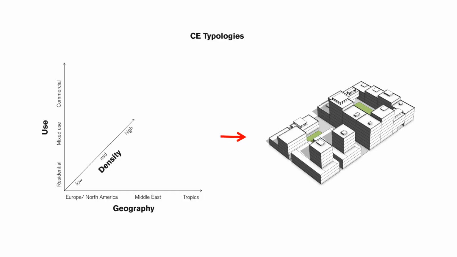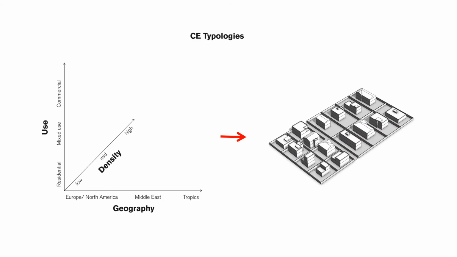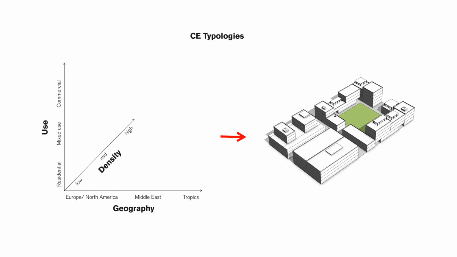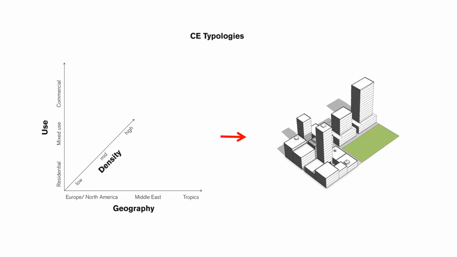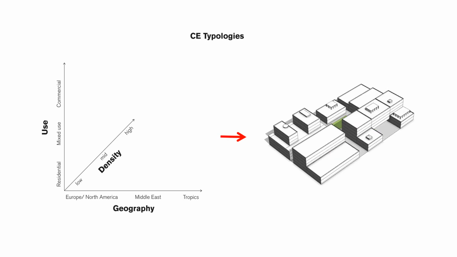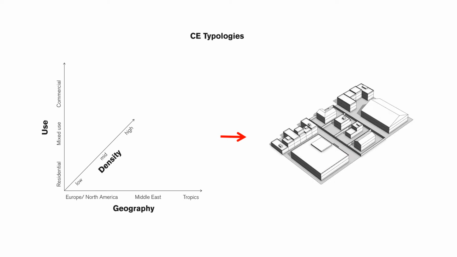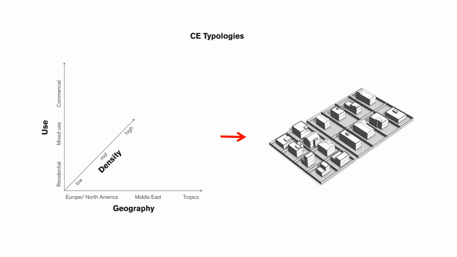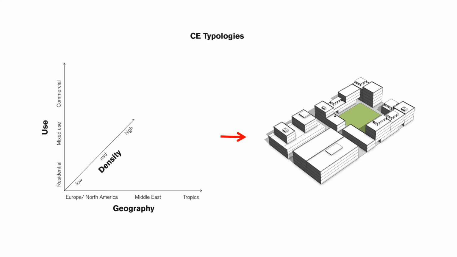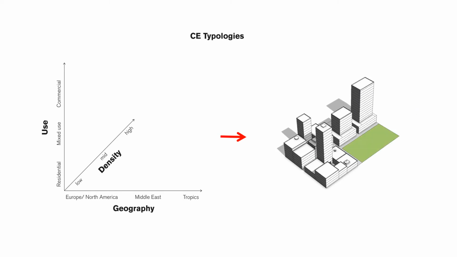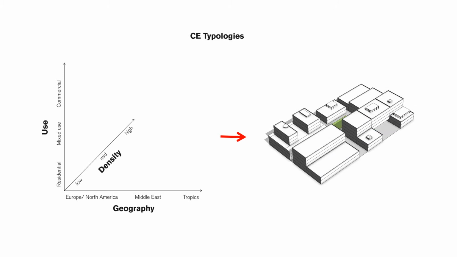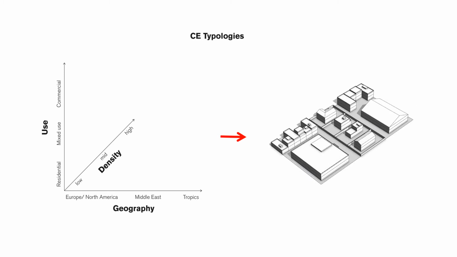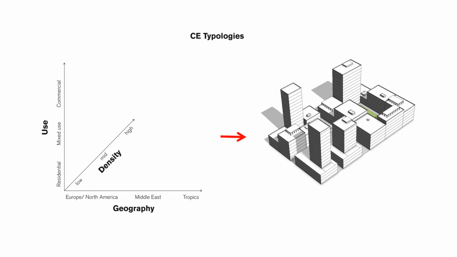What this looks like in practice, talking about those building typologies that we have developed, is a matrix of 3 different main attributes that control what the final block typologies would look like. It's based on the type of use that we've defined as these 3 general uses: residential, mixed use, and commercial. 3 density types, so low, mid, high, that depend on the FAR of the block. And these 3 different geographical regions that control the typology to make sure they're congruent with the climate region as well as the cultural context in which these master plans are embedded.